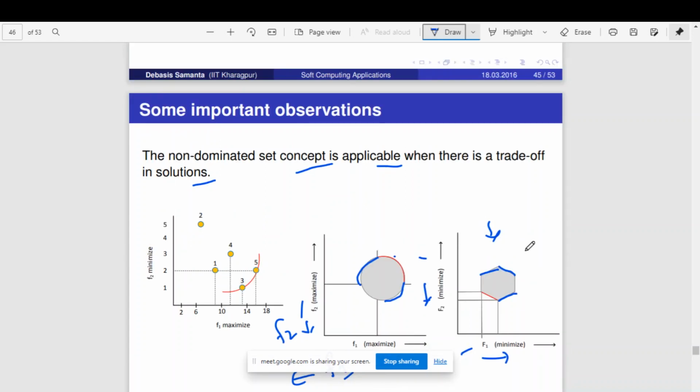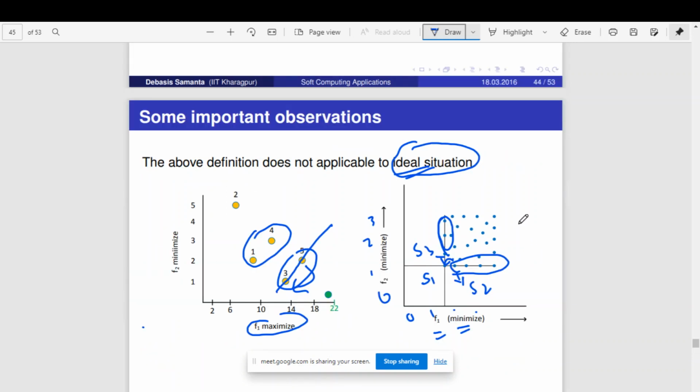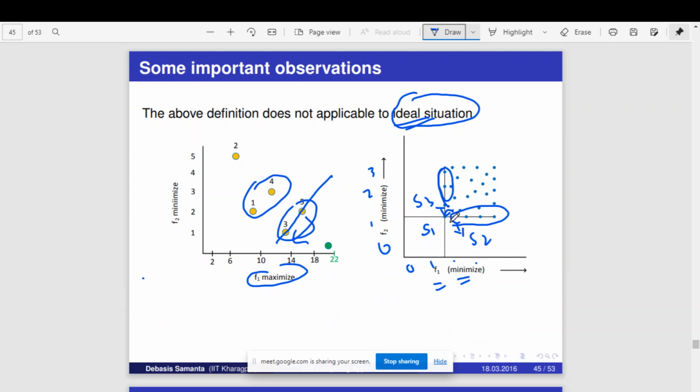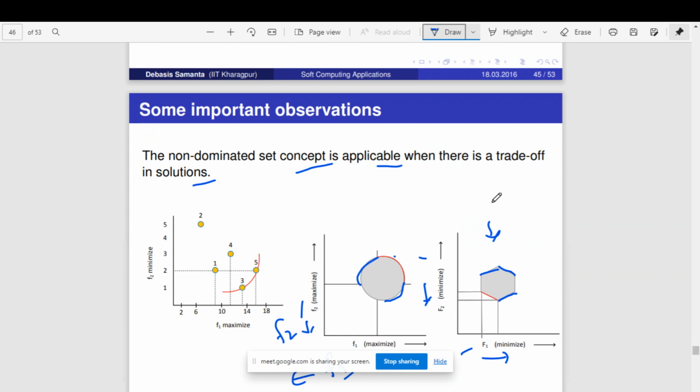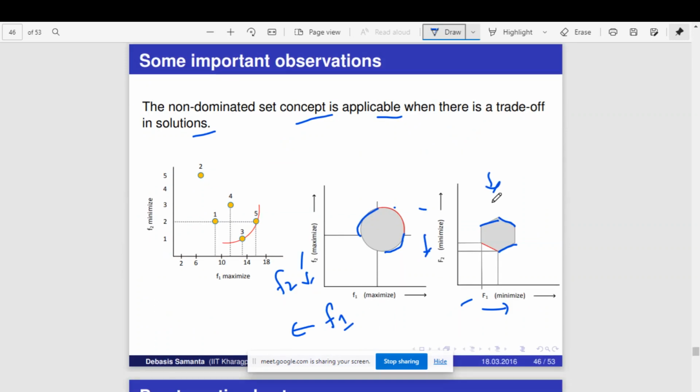Okay, see straight line, whenever there is a straight line, that is what we discussed in ideal case. Here you see this straight line will never be a Pareto optimal front. Are you getting? Because it won't degrade. It may improve one function, but it will not degrade the other function. Are you getting? So the definition of Pareto optimal front, what it says, it may improve on one objective function, but it will surely degrade the other objective function. Okay? So wherever that straight line things comes, it should be ignored. Okay.